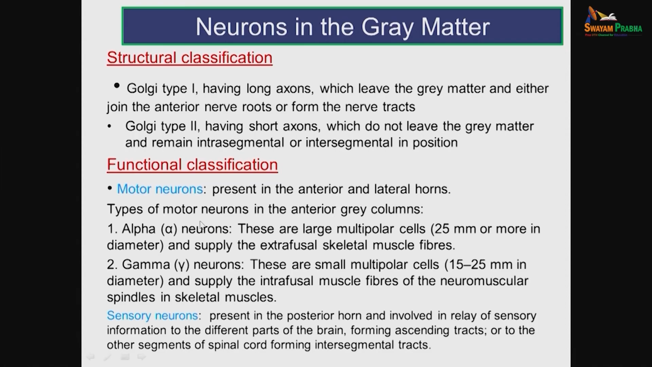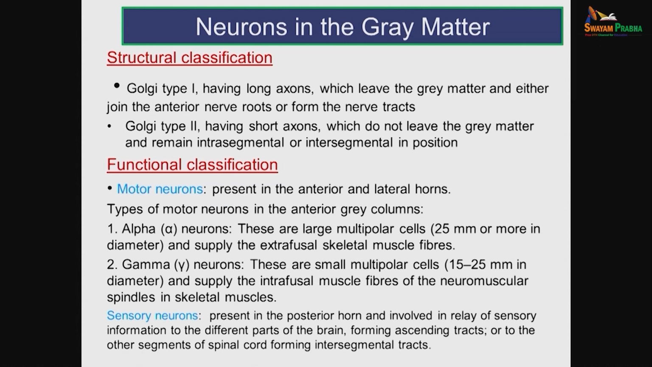Functionally, you can divide the neurons in the grey matter into motor neurons and sensory neurons. Please understand that the ventral grey horn is motor, so you have motor neurons present in it. They are present in the anterior ventral grey horn and also in the lateral grey horn. The types of motor neurons are alpha neurons and gamma neurons. The only difference is that alpha neurons are large multipolar, gamma neurons are small multipolar. Alpha neurons supply extrafusal skeletal muscle fibers, but gamma neurons will supply the intrafusal muscle fibers present in the muscle